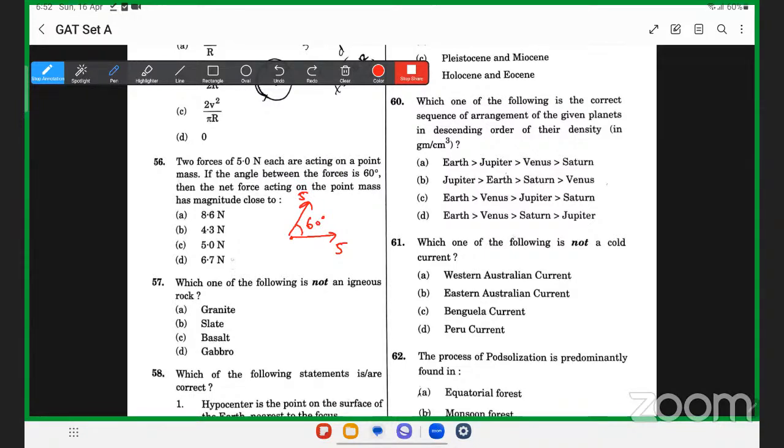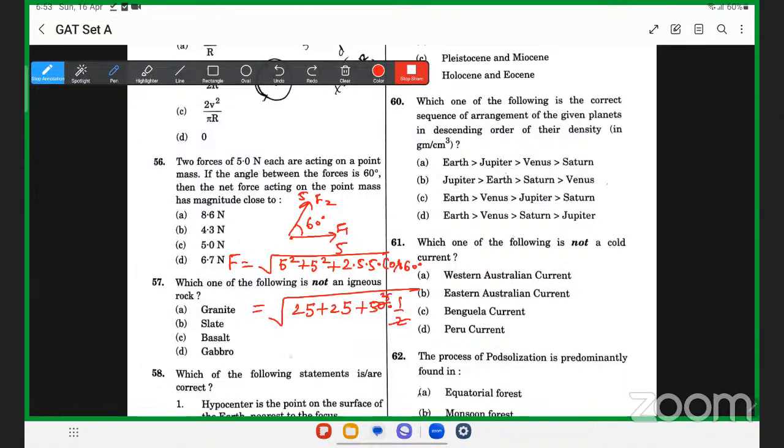मीन्स नेट फोर्स। तो नेट फोर्स आपका होगा अंडर रूट 5 स्क्वायर प्लस 5 स्क्वायर प्लस 2 इंटू 5 इंटू 5 इंटू cos 60। F1 स्क्वायर प्लस F2 स्क्वायर प्लस 2 F1 F2 cos 60। अगर दो फोर्स F1 F2 सर्टेन एंगल थीटा पर लगते हैं तो उनका रिजल्टेंट निकालने के लिए फॉर्मूला होता है अंडर रूट F1 स्क्वायर प्लस F2 स्क्वायर प्लस 2 F1 F2 cos थीटा। तो ये बन जाएगा आपका 25 प्लस 25 प्लस 25 cos 60 is 1/2